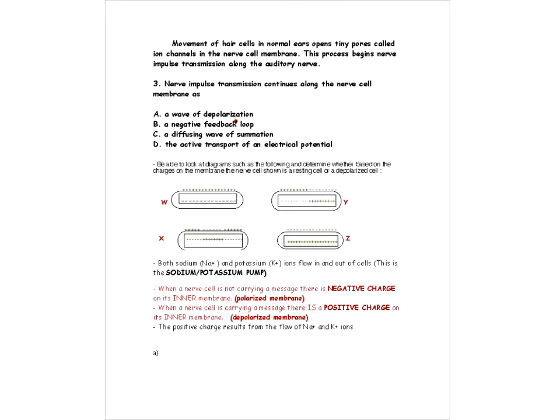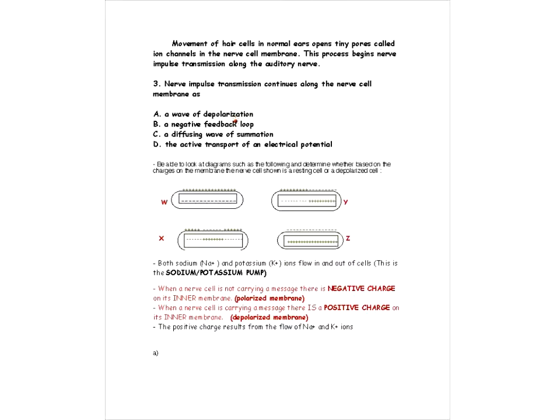Basically, whenever messages are sent from one cell to another, the cells become depolarized. Normally cells are polarized, and then when a message is being carried by the cell, that's a depolarized cell. Because this is talking about nerve impulse transmission, the message is being carried from one cell to another, so it's a wave of depolarization.